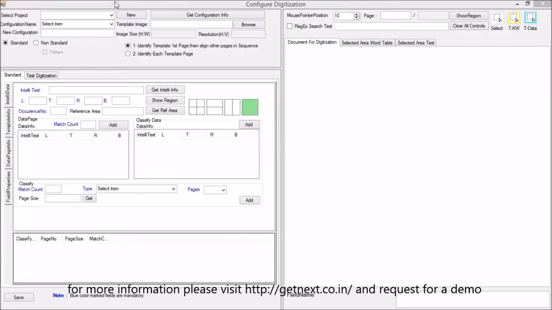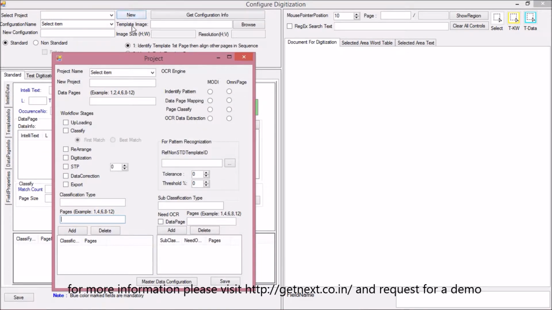First step is to create a project. Let's click New from the Project section. So the New or Edit Project Configuration UI opened. Now here you can define